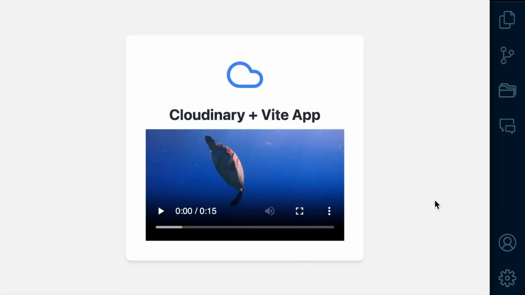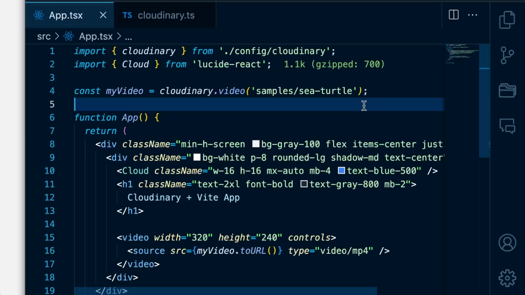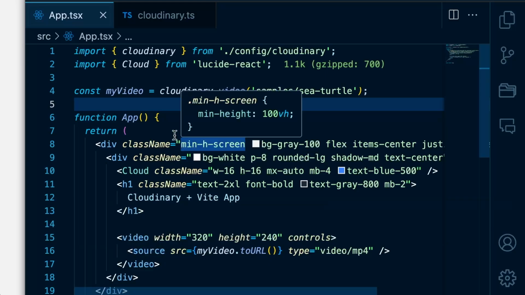For the demo, I have created this simple React, Vite, and Tailwind CSS application that has a header and displays a video with a sea turtle. In this project, I use the framework-agnostic Cloudinary URL gen library, so the approach will be the same for all Node.js-based applications. In app.tsx file, there is code responsible for displaying the header and video element, while in the config